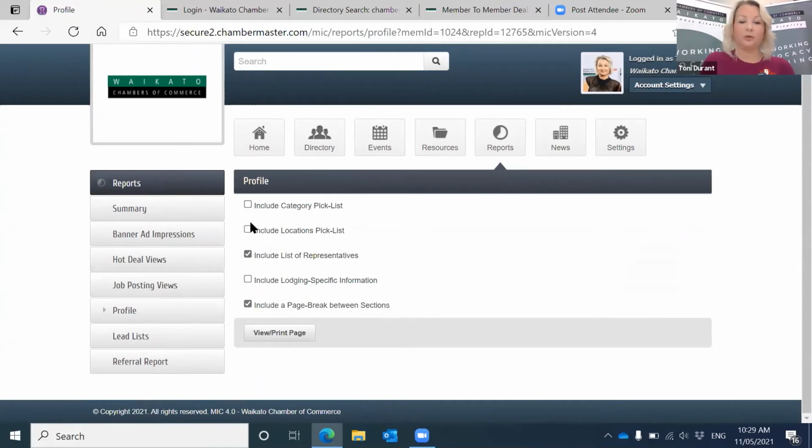We don't use locations or lodgings. Lodging is in the States, which is this platform is American based. That's for renting and hiring out cabins and things like that. So we don't use that particular one. But if I go to view,